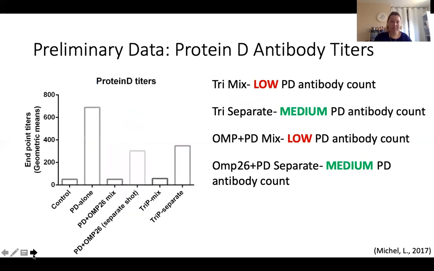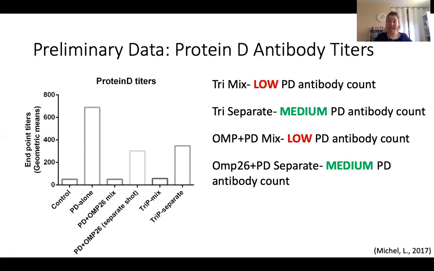So this was rerun. Once again, we looked at antibodies only against protein D. And when you have protein D alone, you can see there's a large number of antibodies generated against it. But with the trivalent, there's a low number of antibodies made against protein D. We then tried the trivalent vaccine in separate shots. So we gave all 3